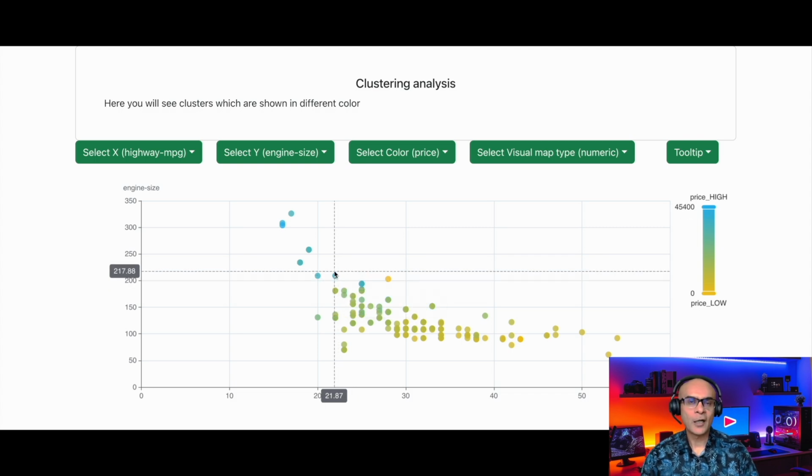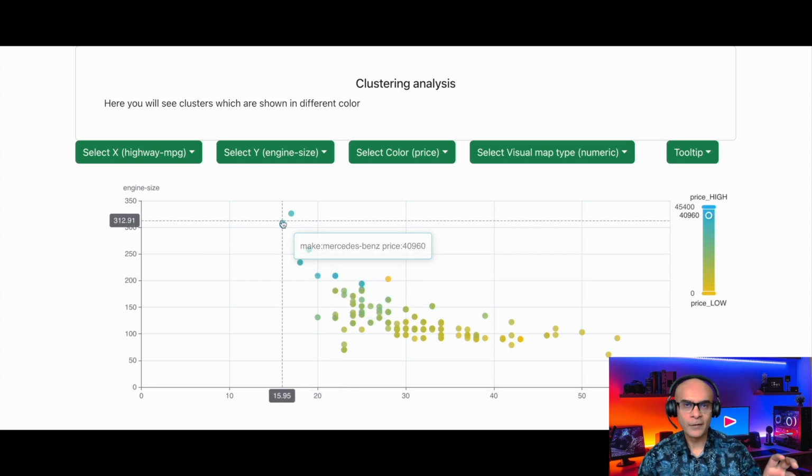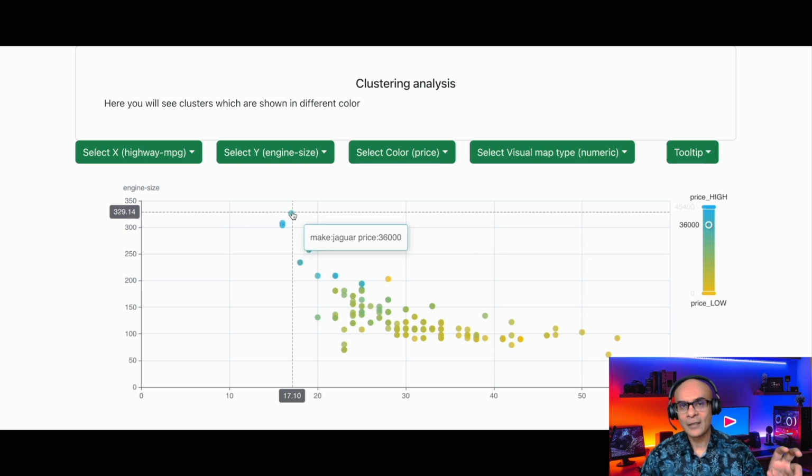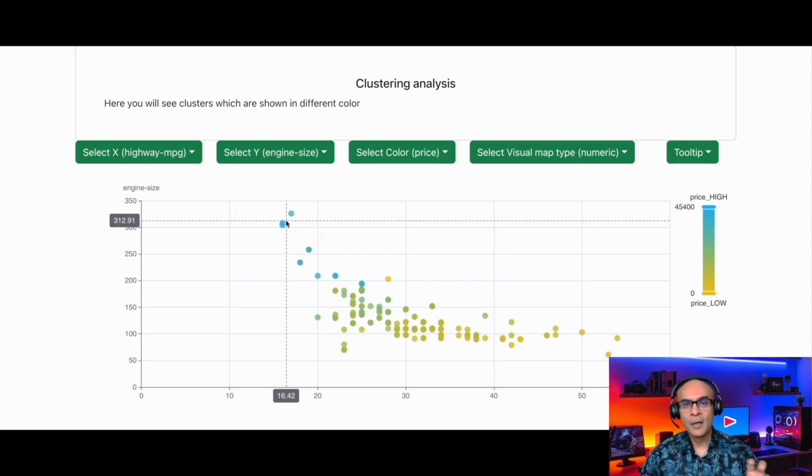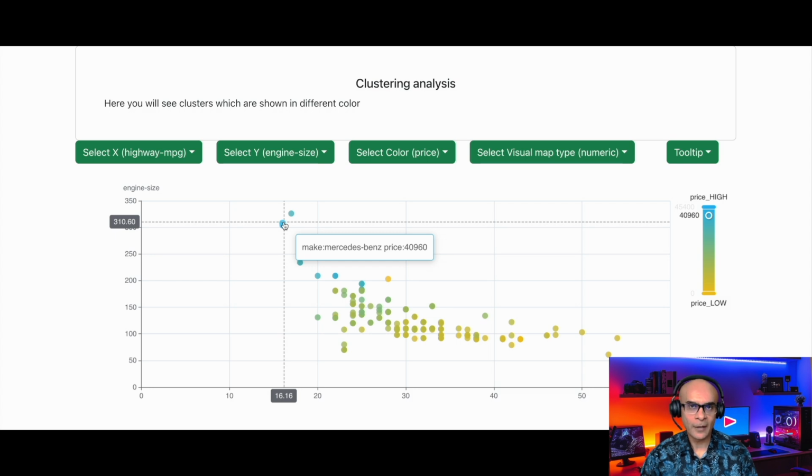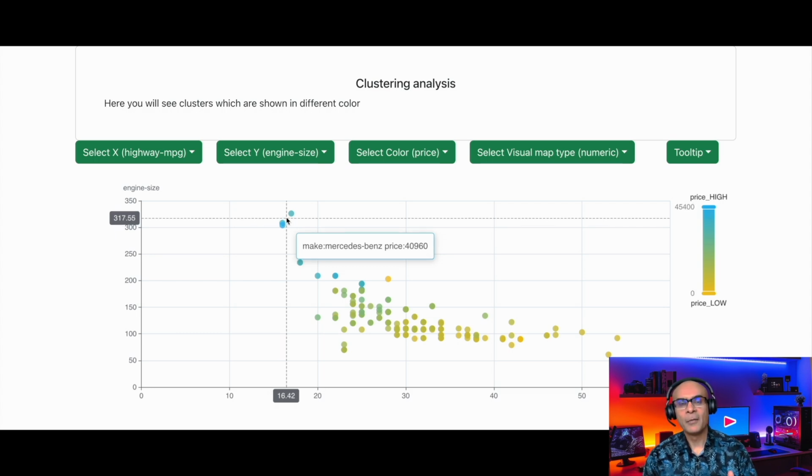So if you take all the cars which are situated on the left, these cars have a high engine size, which means high performance, but they have a low miles per gallon, which means they're less efficient. And these are highly priced cars, and if you hover over them, you see some brands such as Mercedes-Benz